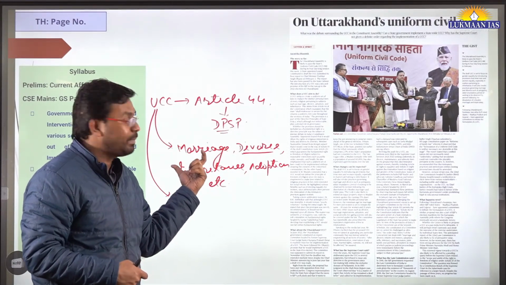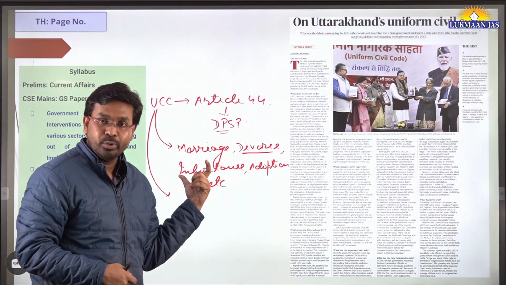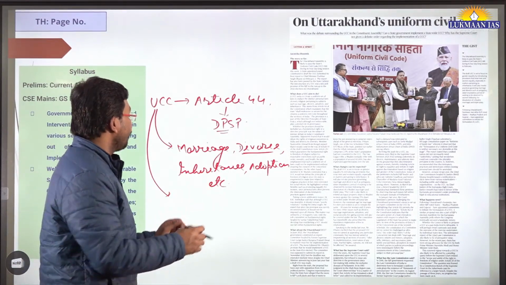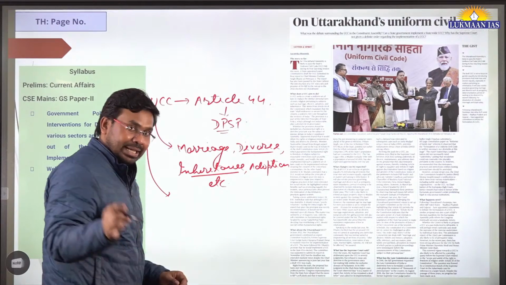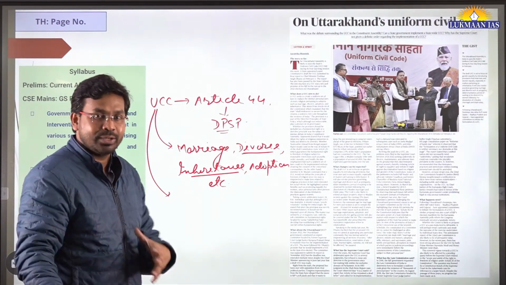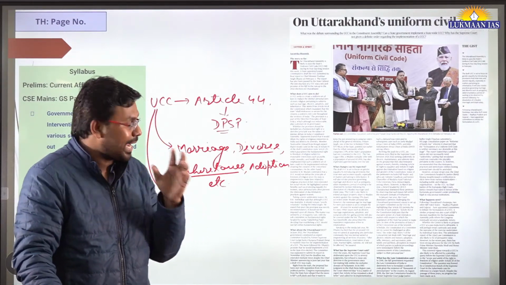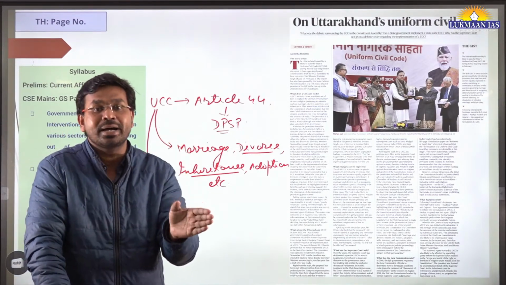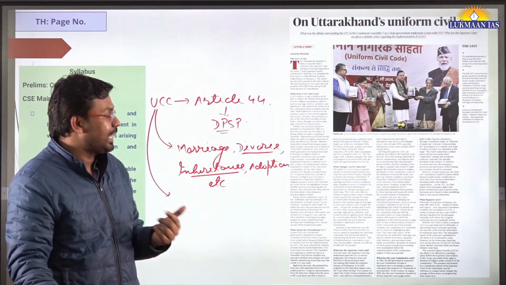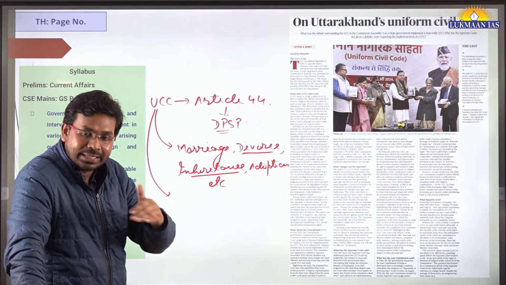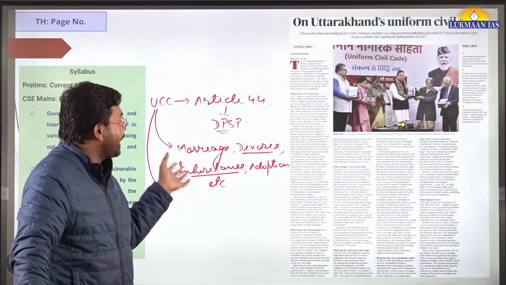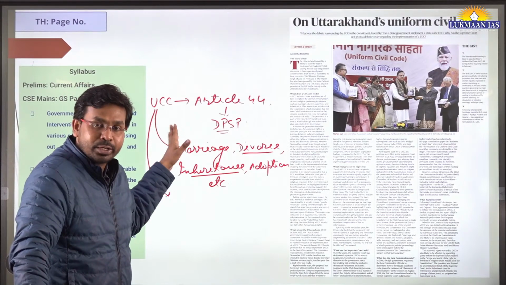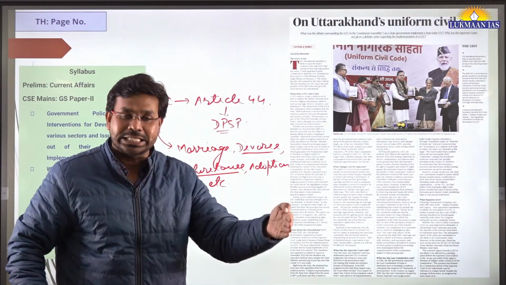How inheritance will be looked into, how adoption will be looked into, what will be the laws related to adoption and all, okay. So when we talk about inheritance in India, in Hindu, we do have the Hindu Act. Under this, we do have various systems. One is known as Daya Bhaga, other is known as Mitakshara inheritance. So the thing is different religious sects have different ways of dealing with these personal issues. So through Uniform Civil Code, they want to bring uniformity in these aspects.